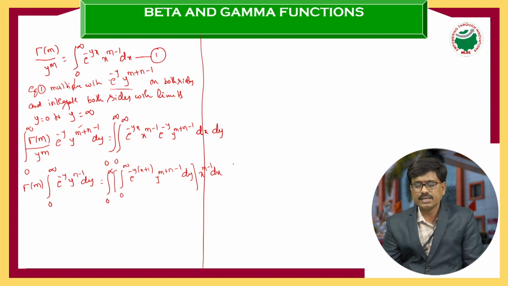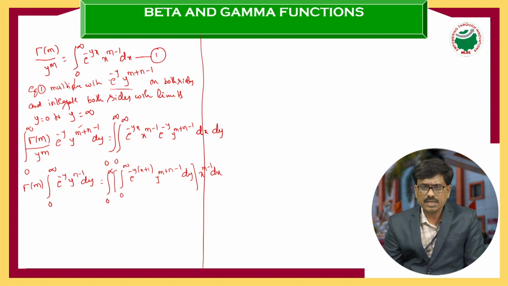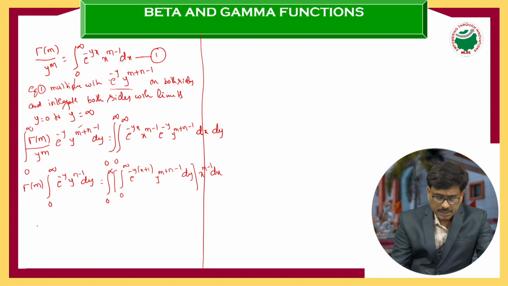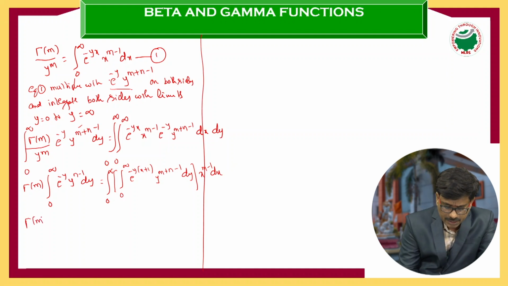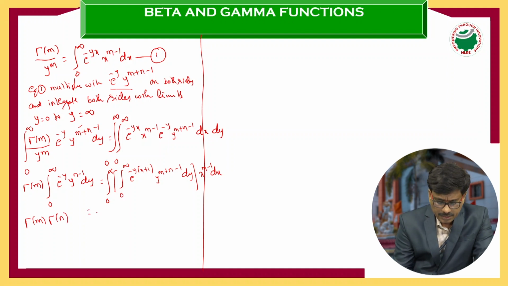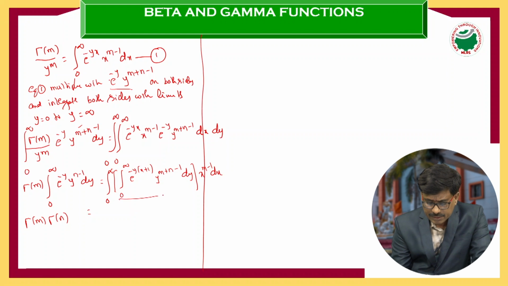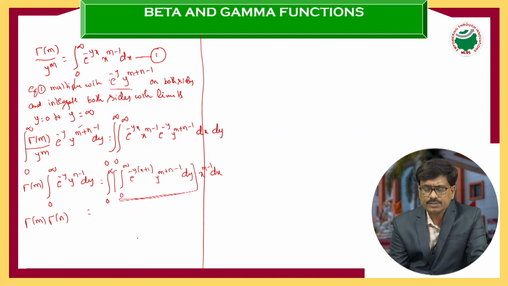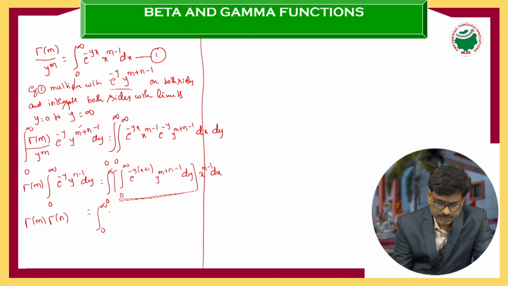I rewrite the variables of the x limits as well as the y variables. This left hand side becomes gamma m into gamma n. Here this entire value I can rewrite as integral 0 to infinity